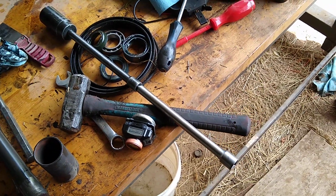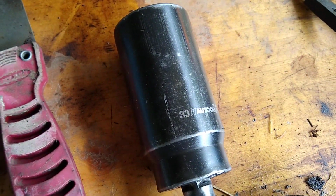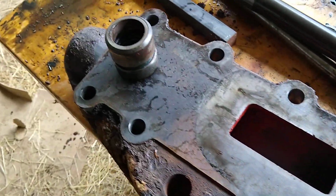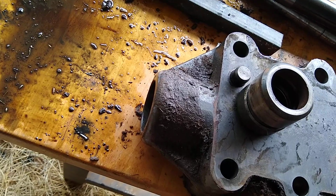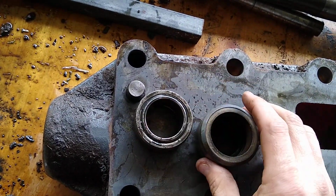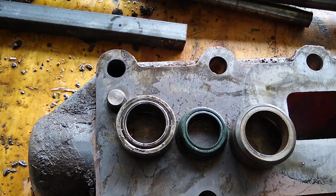And then, using 2 12-inch extensions and a 33mm socket, you're going to come all the way through this hole, right through the housing to the other side, to drive the other bearing out. You're gonna drive the bearing, the seal, and this retainer ring out. Drive it all out,